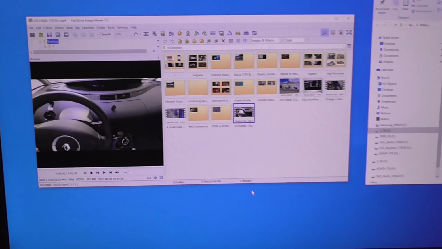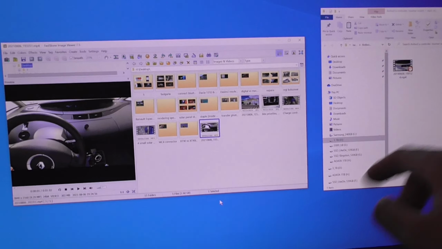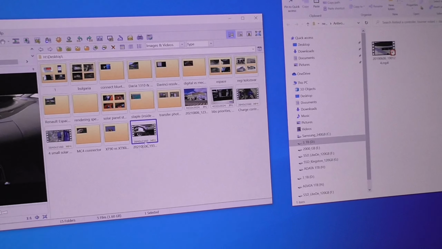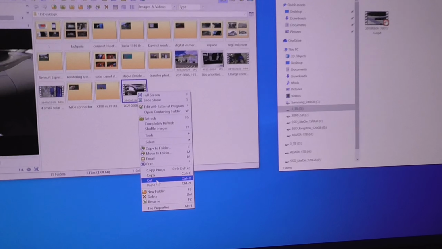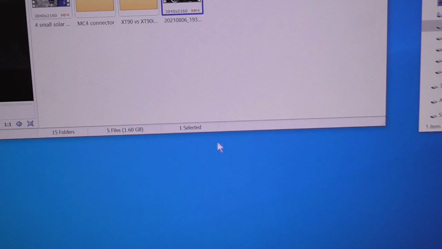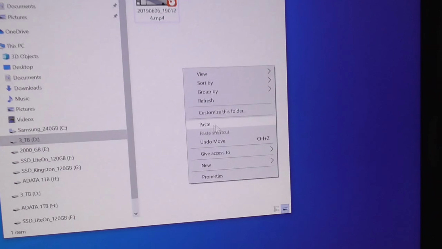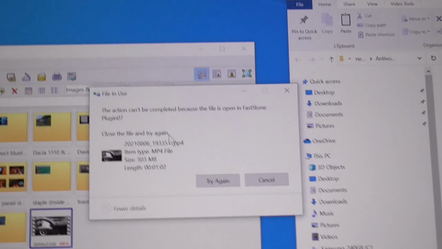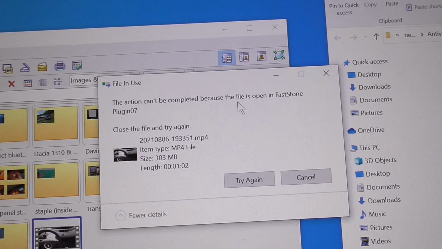Here's an error message while moving a video from one location to the other using FastStone image viewer. So I clicked on this video, I go to cut and I go here and click paste. I was trying to move it, to copy it, but it says action can't be completed because the file is